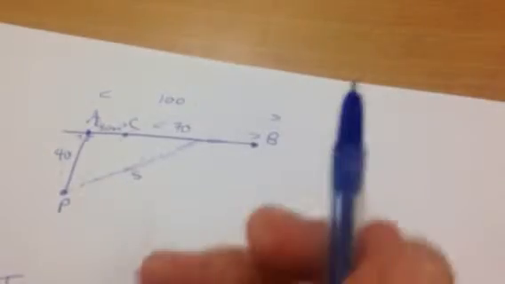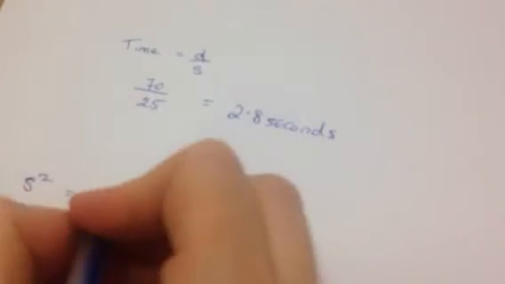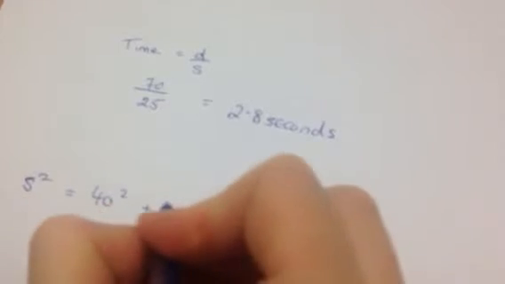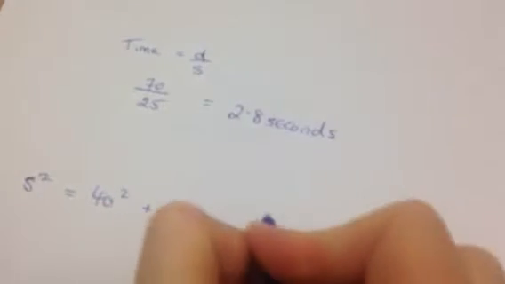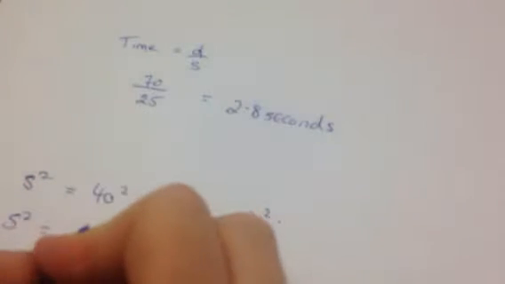Now, if the car has travelled X meters along here, then this must be 100 minus X here. If that's 40, looks like I can use Pythagoras' Theorem. So part 2, I'm going to say that S squared is equal to 40 squared plus the 100 minus X all squared. And just working that out, I end up with